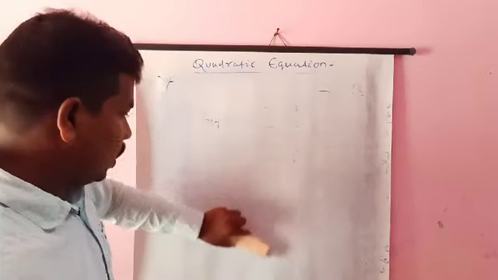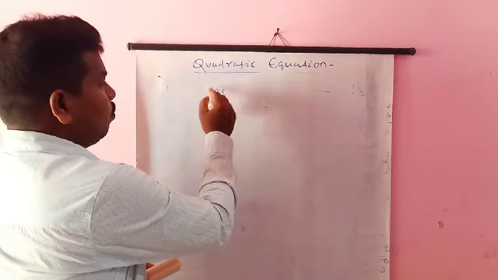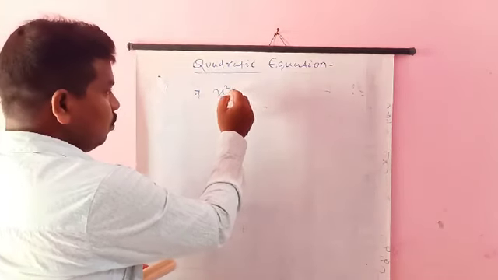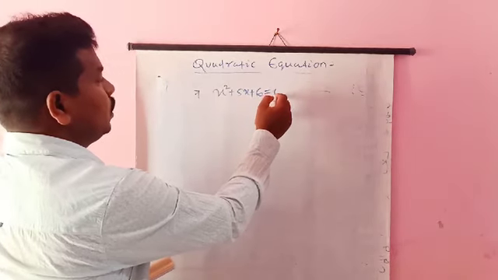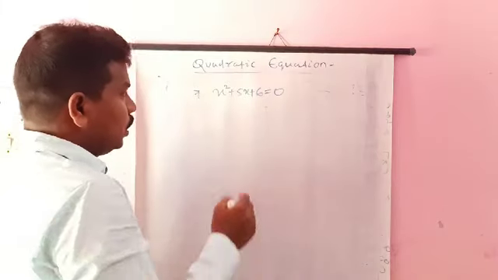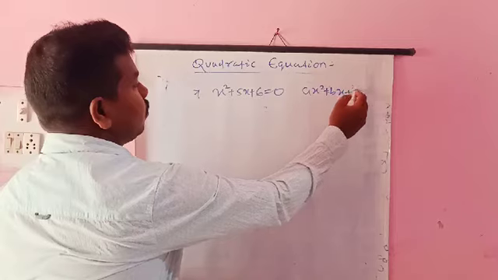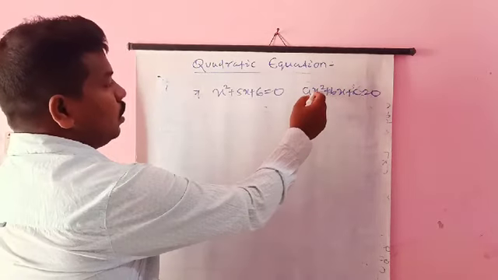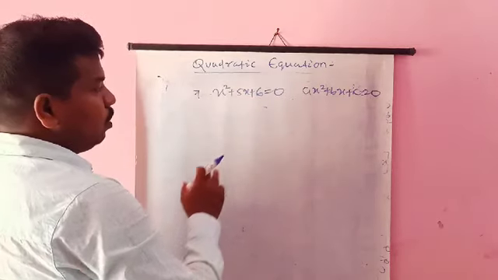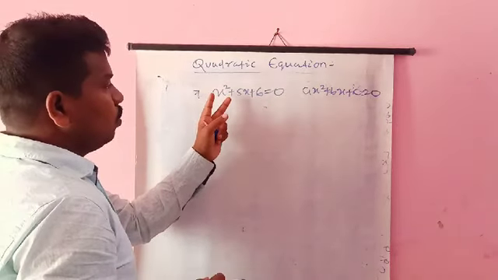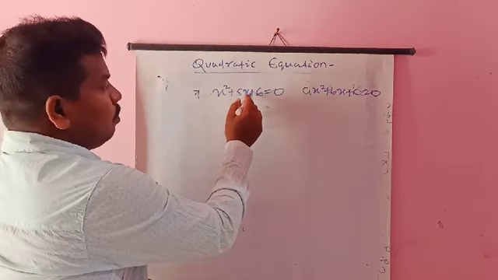We have to take another example for finding the complete square method. Another example is x square plus 5x plus 6 equal to 0. See that it is a quadratic equation because it is in the form of x square plus bx plus c equal to 0. Here the coefficient of x square is 1, so we cannot divide or multiply any term to complete the square. It will remain the same: x square plus 5x plus 6.